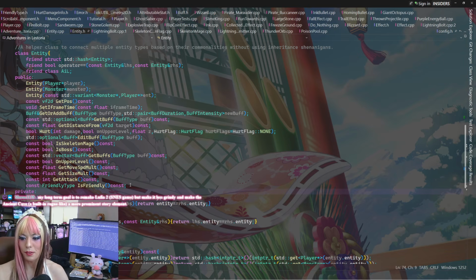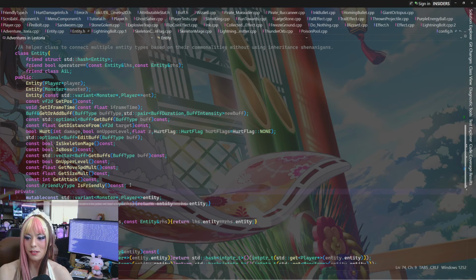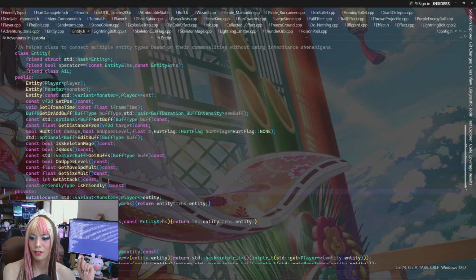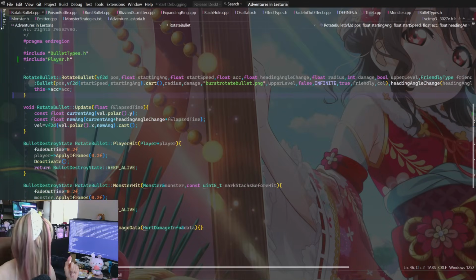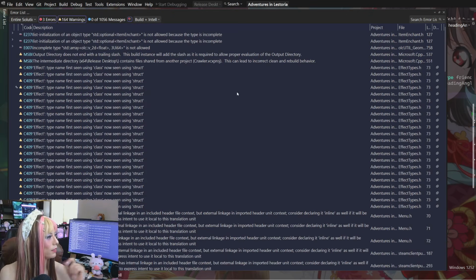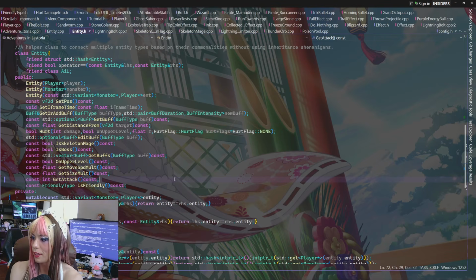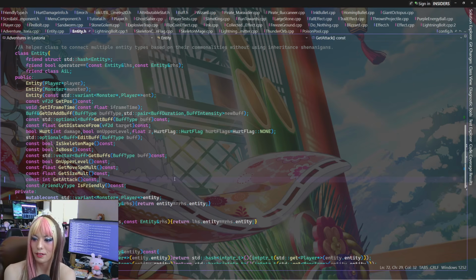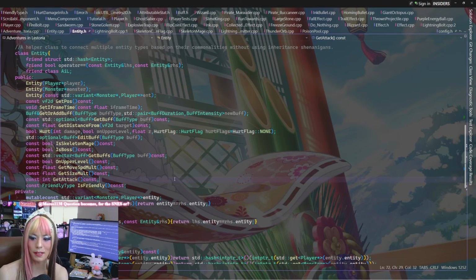My long-term goal is to remake Lufia 2, but make it less grindy and make the ancient cave a more prominent story element. That'd be cool. Using C and Vulkan, ooh. And writing a tile system and a tile editor. That's fun. Sounds like a pretty big game then, if you're going to be making all that.